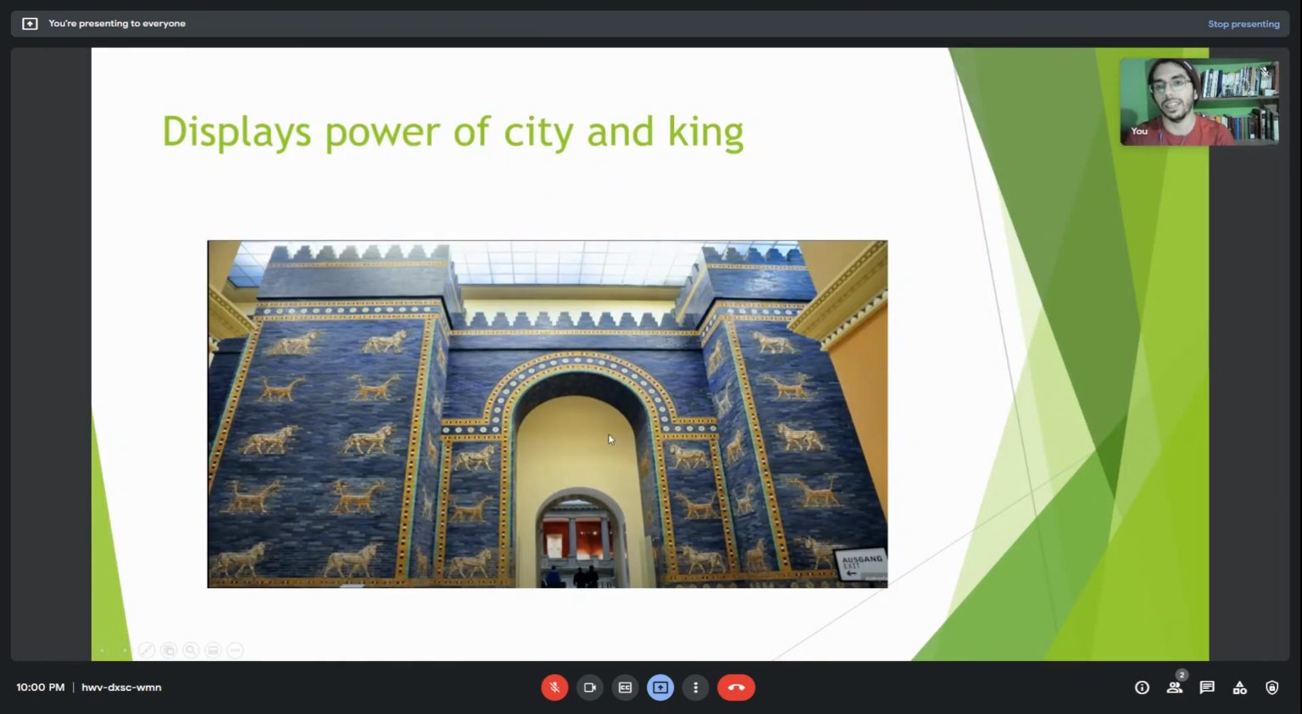Now, as you can see, it is not like in the real place. It is in a museum, I believe, in Berlin. So it doesn't have the same impact when you see it as it used to have in those times. Here you can see the animals, the mushushu, also the bulls,